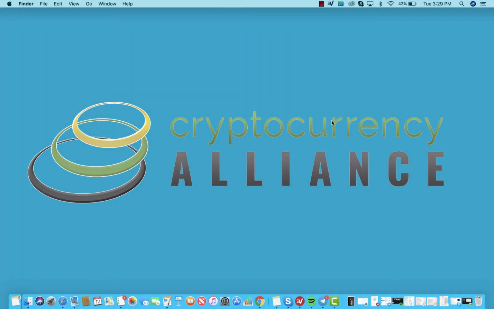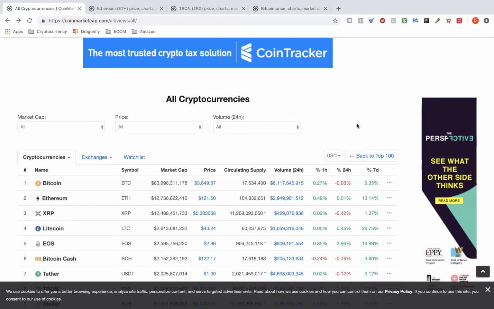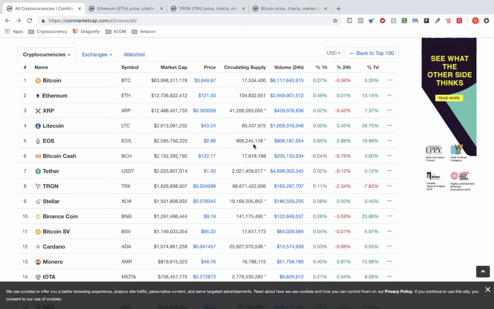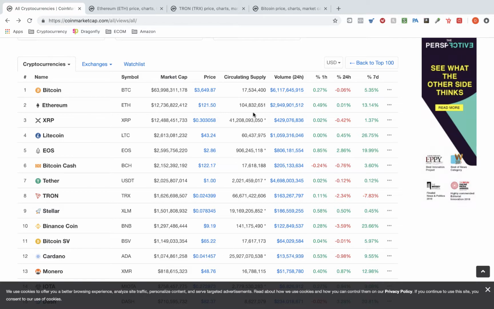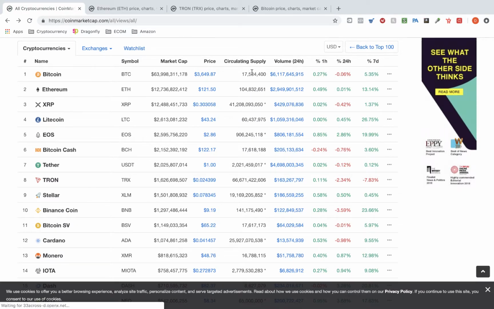Today we're going to be going over the three kinds of supply that each token or coin has. We can go to CoinMarketCap to get most of our information. As you can see, most coins, or all coins rather, should have a circulating supply. But they don't have any other types of supply on this page, so we'll need to know how to